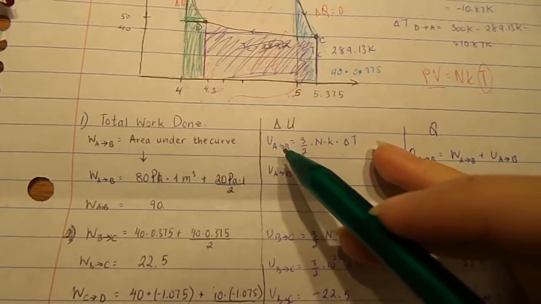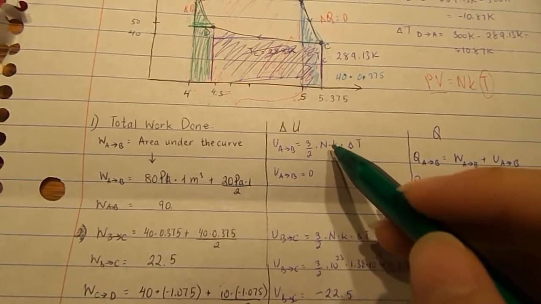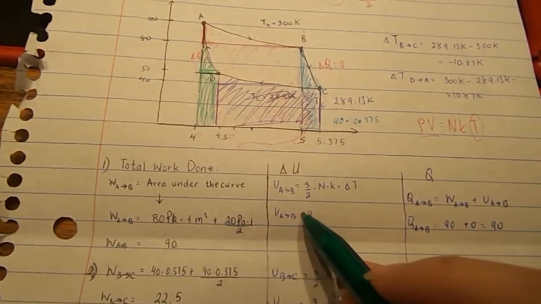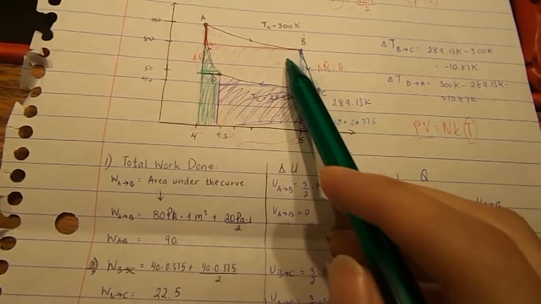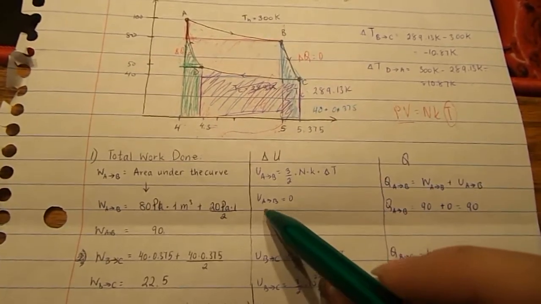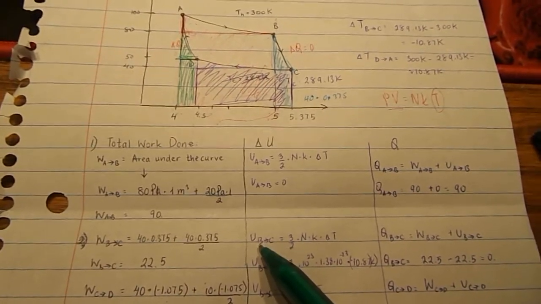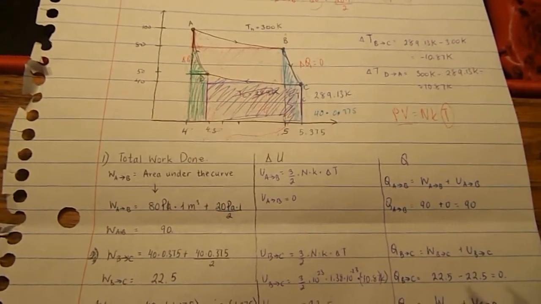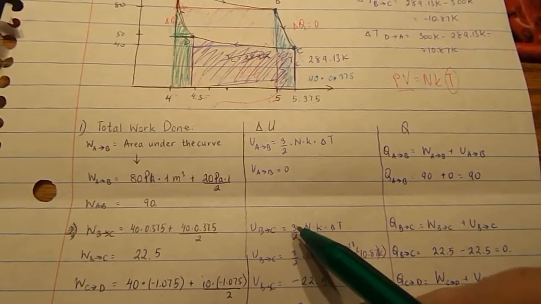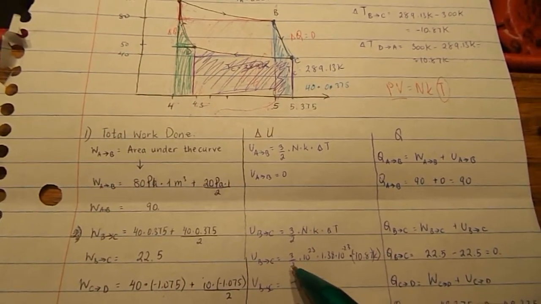So change in internal energy from A to B, the formula for internal energy is 3/2 times N times k times delta T. From A to B, since there's no change in temperature, like we said in the beginning, it's constant at 300 kelvins, it should give you 0. Internal energy change from B to C,